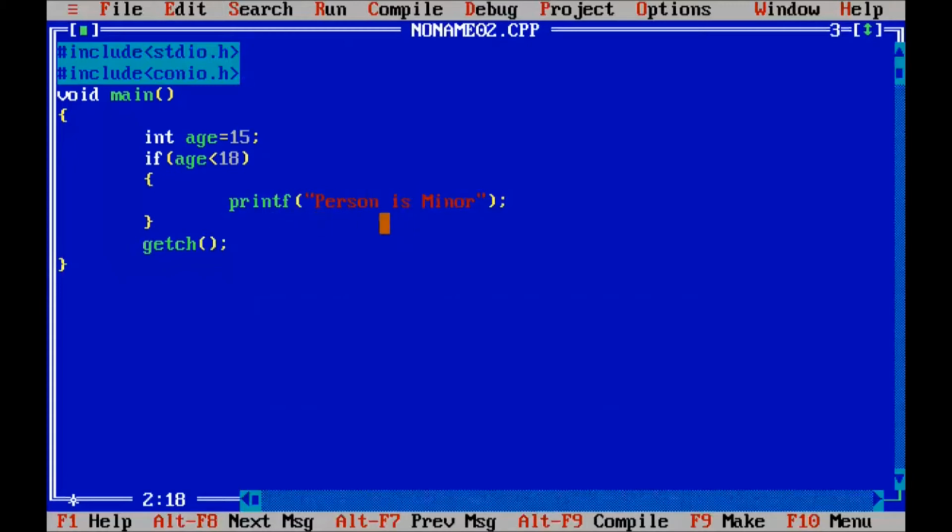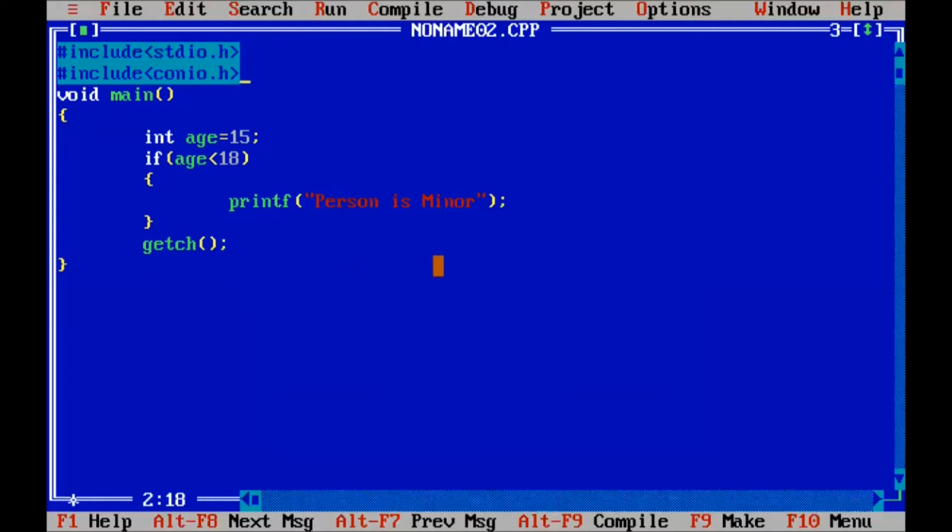So this is a simple if statement program, and we use the getch function to see the output screen. The getch function is mainly used to receive a character.